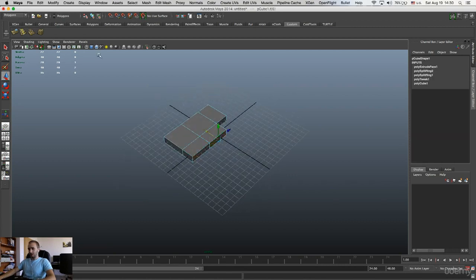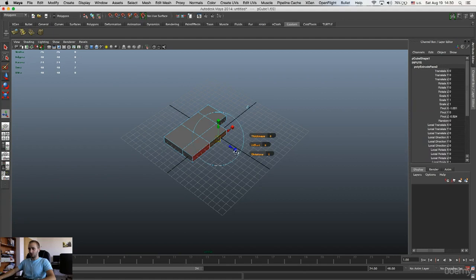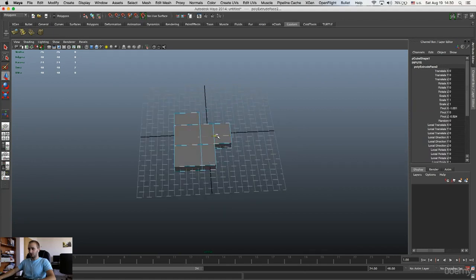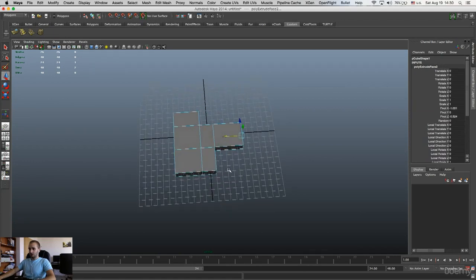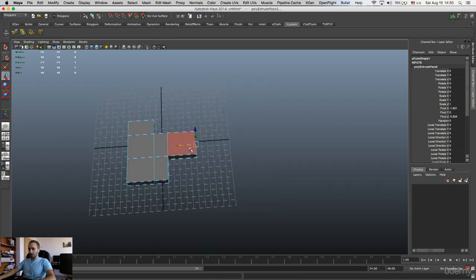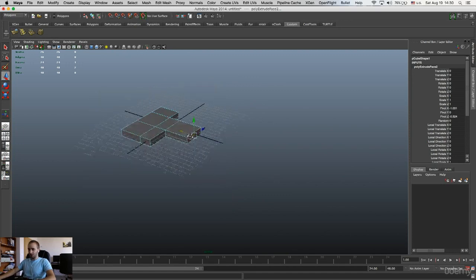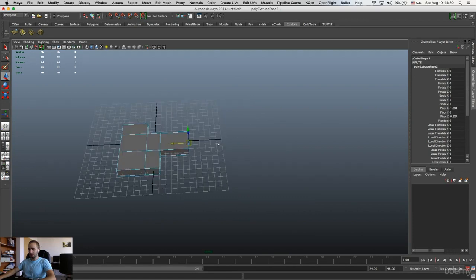Then I'm gonna select this face, extrude, move it a little bit further, because I want to create an edge here, like a hole in the island, and it will look cool. I'm gonna keep selecting this face and keep extruding 2 more times. One more extrude,